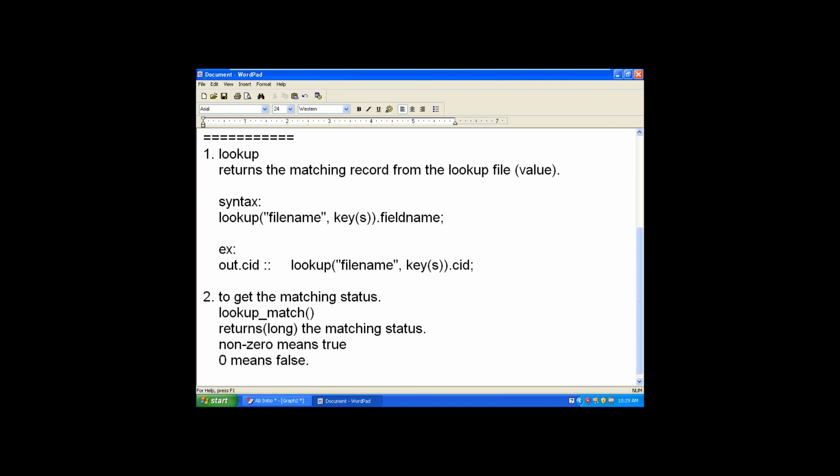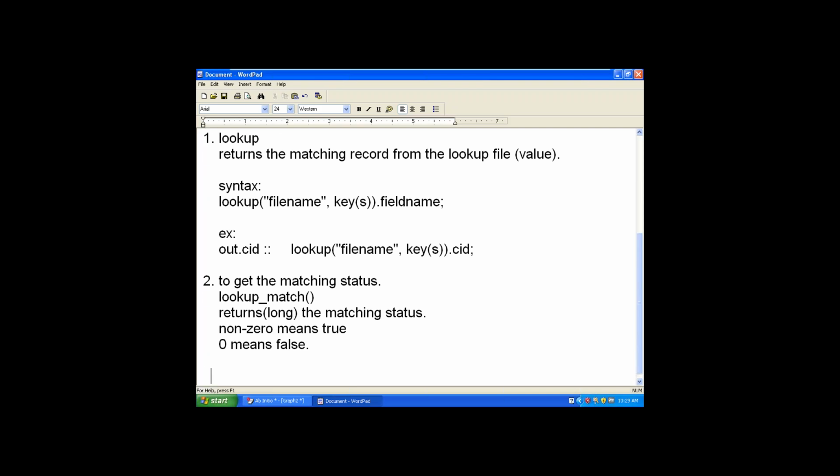Non-zero can be anything. Non-zero might be 1, 2, 3 and so on. It can be 1000 also, it can be 2000 also. Non-zero means true, zero means false, right? Since your function is returning a long value, the syntax of this function is long,